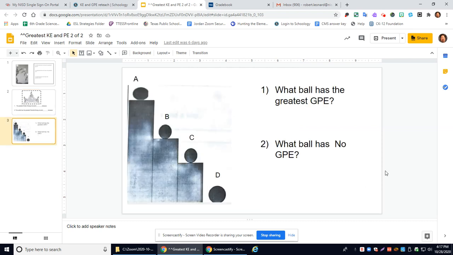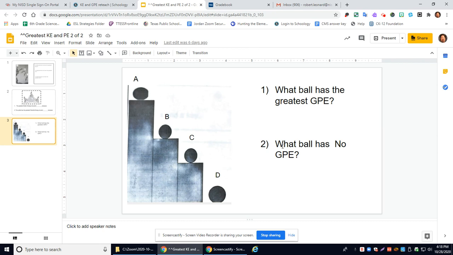And here's the one that students did very poorly on last Friday. It is on your quiz for today. By the way, I would draw all these out and make notes. So I would draw this out. At what point does the ball have the greatest gravitational potential energy? Gravitational potential energy is how high off the ground you are. So point A would have the greatest gravitational potential energy.